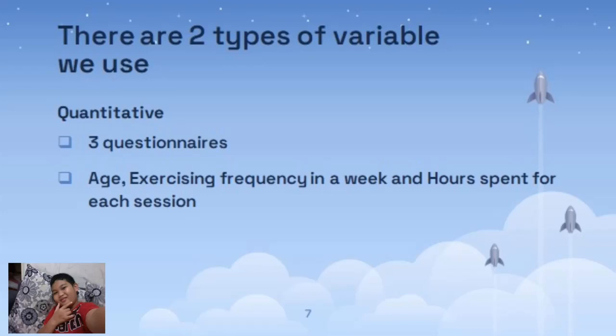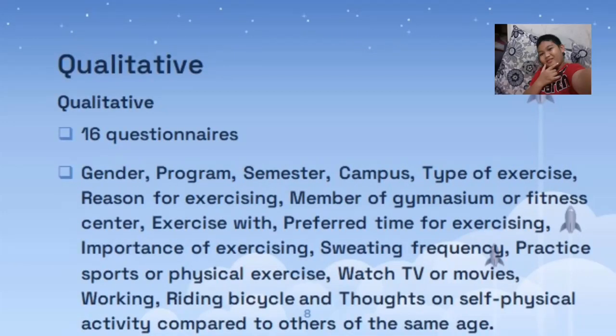for qualitative. The 3 quantitative items are age, exercising frequency in a week, and hours spent for each session. For the qualitative variables, we made 16 items: gender, program, semester, campus, type of exercise, reason for exercising, member of gymnasium or fitness center, preferred time for exercising, importance of exercising, sweating frequency, practice sport or physical exercise, watch TV or movie, walking, riding bicycle, and thought on safe physical activity compared to others of the same